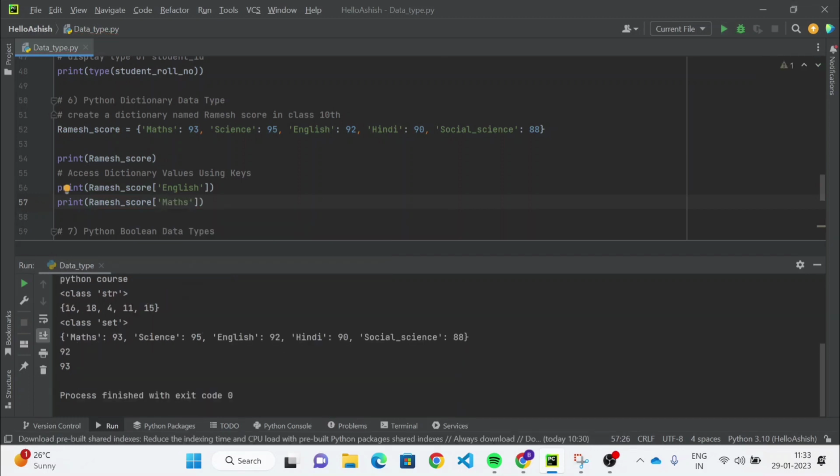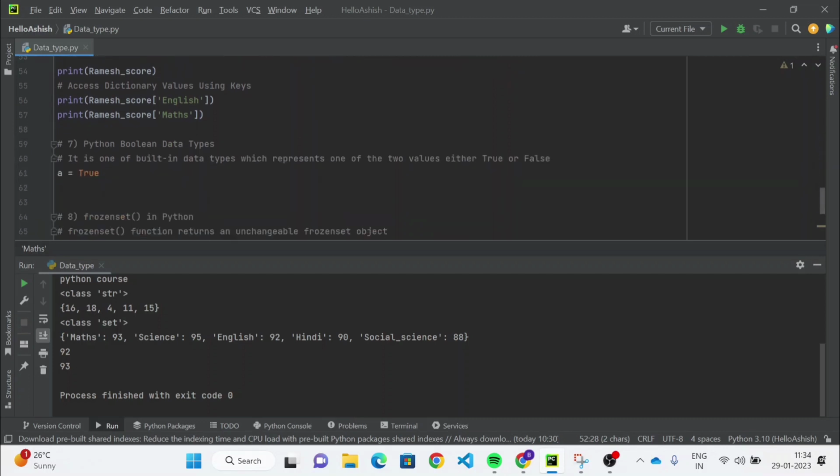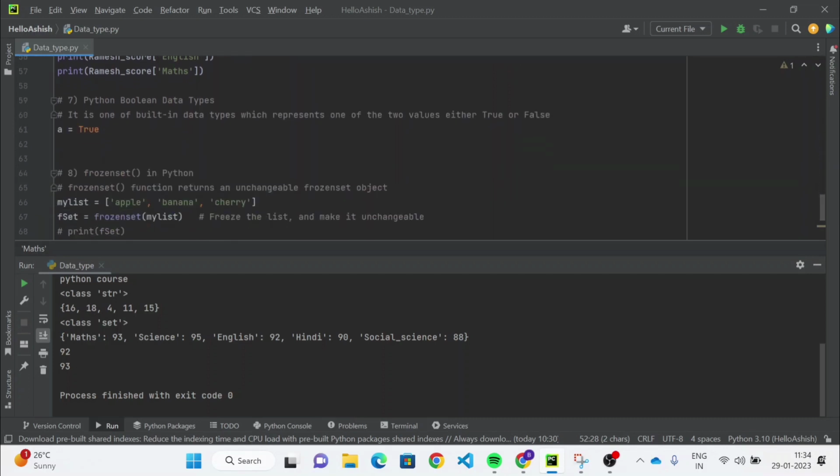So 93 in maths, but the reverse is not possible. We can't fetch the key using the value. In the dictionary we can fetch the value using the keys, but the other way around is not possible.